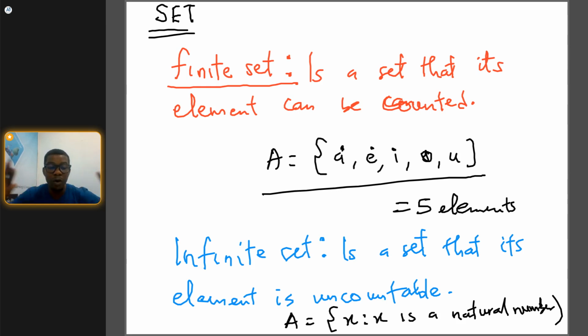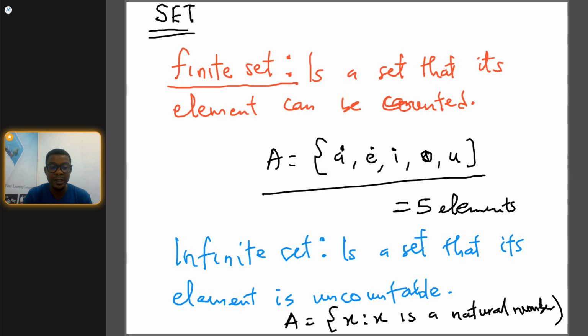They are too much. We have voluminous numbers in mathematics that we deal with. So natural numbers are not countable. So it's a good example of an infinite set. Okay, what about